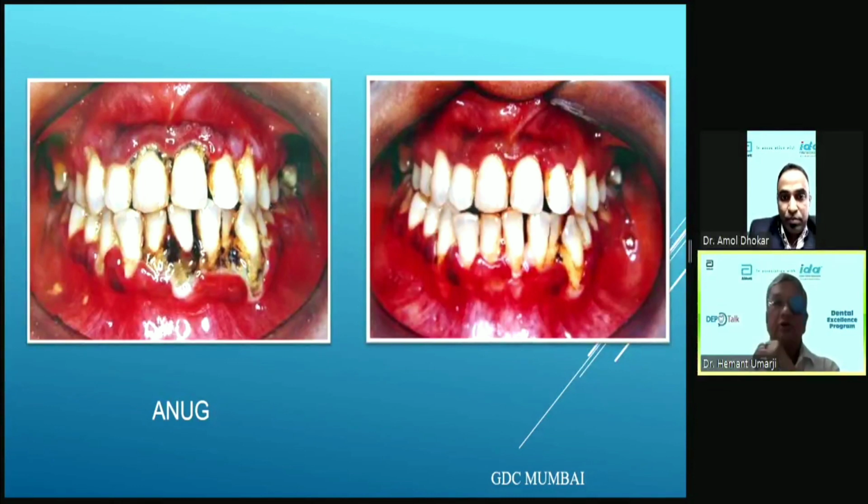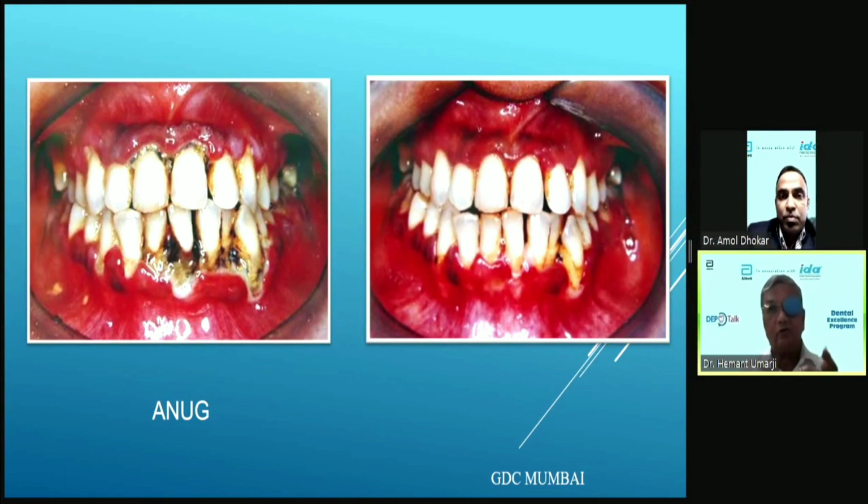First we used to give penicillin, phenoxymethyl penicillin. You can give amoxicillin 250 milligram or 500 milligram, twice a day. And then we give Flagyl. Flagyl is a trade name. You can give metronidazole, 400 milligram 3 times a day. That works like magic. And you give H2O2 mouthwash, hydrogen peroxide mouthwash.